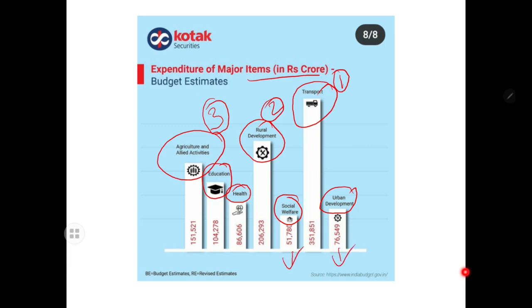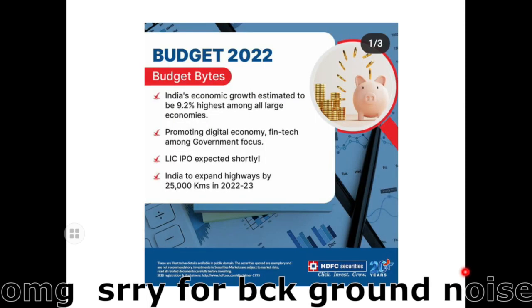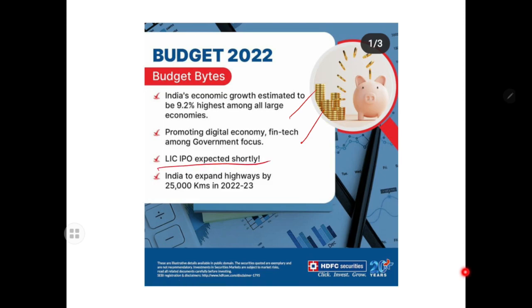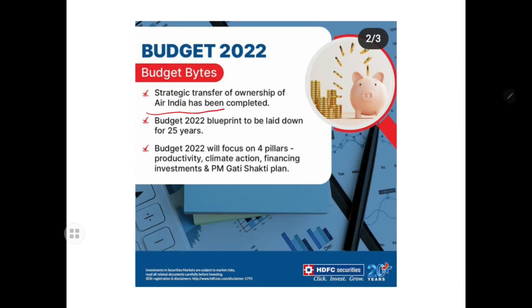welfare and urban. India's economic growth is estimated at 9%, highest among the largest economies. Promoting digital economy, financial touch, and LIC IPO to be expected shortly. India to expand highway by 25,000 km in 2022-23. Air India has been given to Tata,